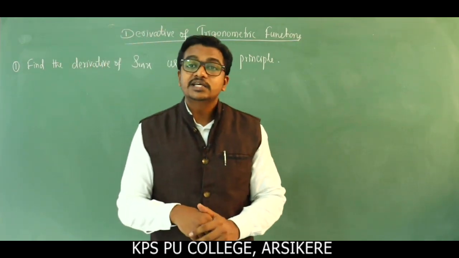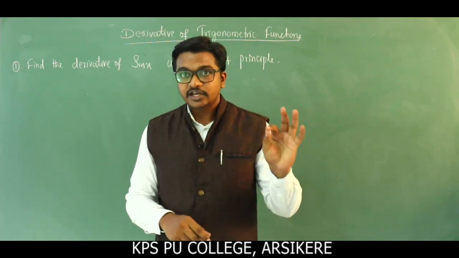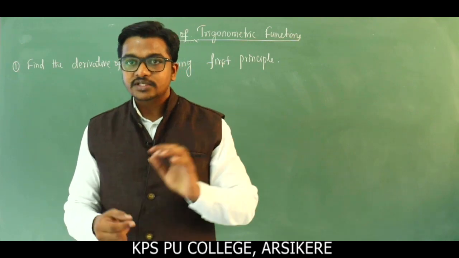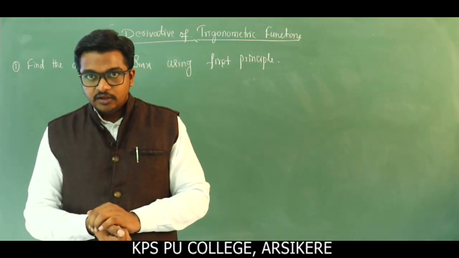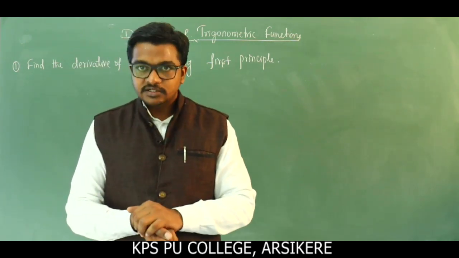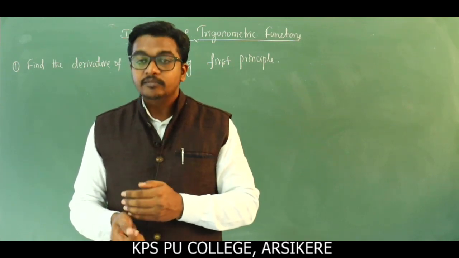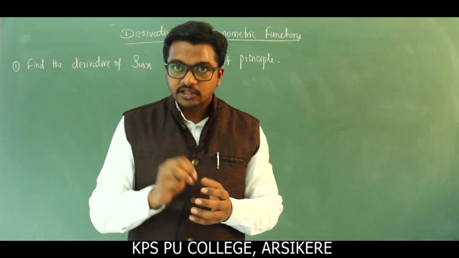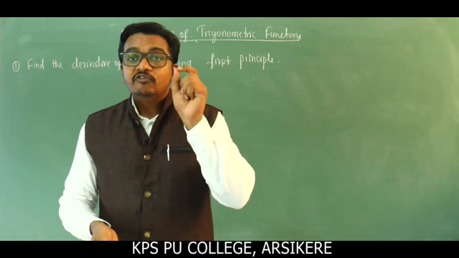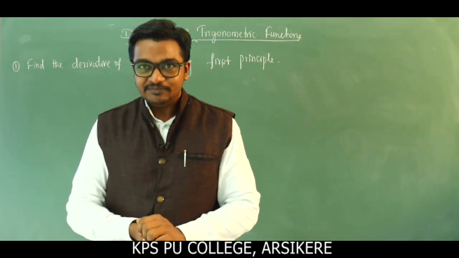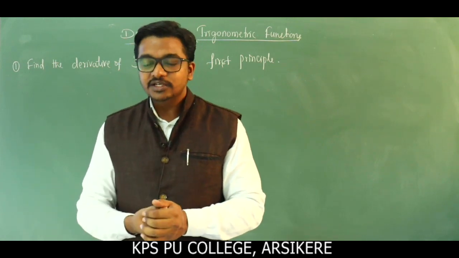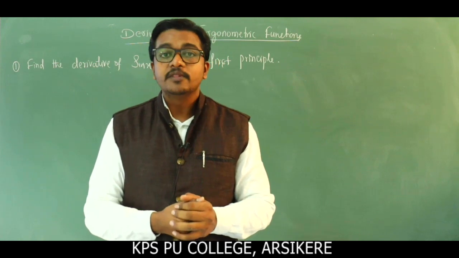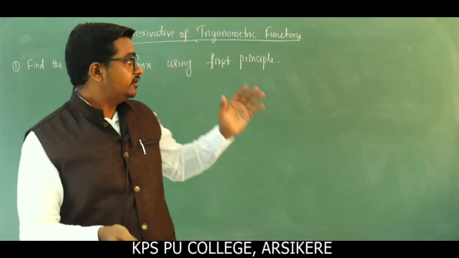Basically we have 6 trigonometric functions, right? Sin x, cos x, tan x, cot x, secant x and cosecant x. Of these 6 trigonometric functions, for the first 3, sin x, cos x, tan x, we are finding the derivative using first principle of derivative, and the rest we are finding using algebra, so u by v rule or something else. Okay, so first I am going to discuss the first one.